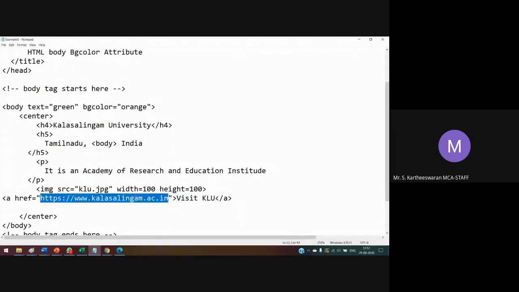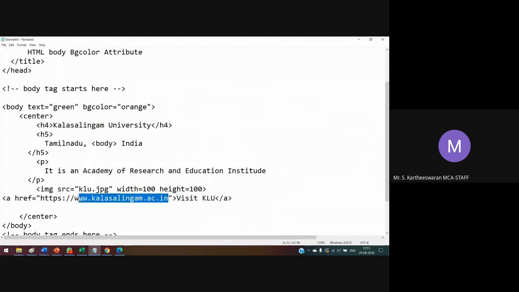The reference link may be an already downloaded file or an online reference. The tag is an anchor tag. It provides the link between the visit label and the reference.